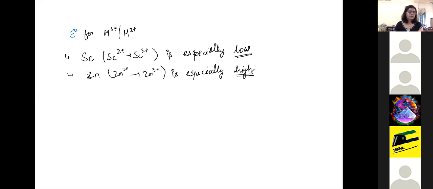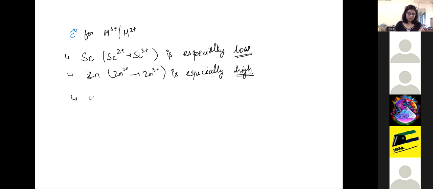Okay. Now these are really small questions, like you may get 1 marker subparts asking you to comment on why the standard electrode potential of zinc 3 plus / 2 plus is low or high. In that case you need to know the reason that the zinc 2 plus configuration is d10. To convert it to Zn3 plus, you need to remove an electron from a fully filled orbital, which is going to disturb its stability, and so it is high. Yeah. Okay.